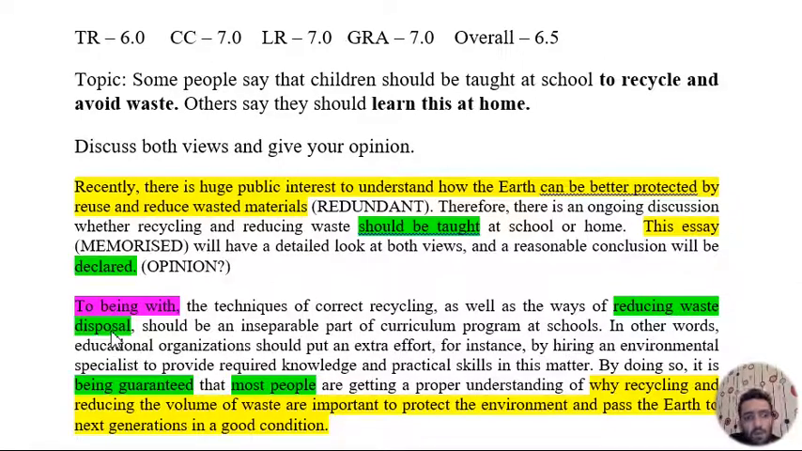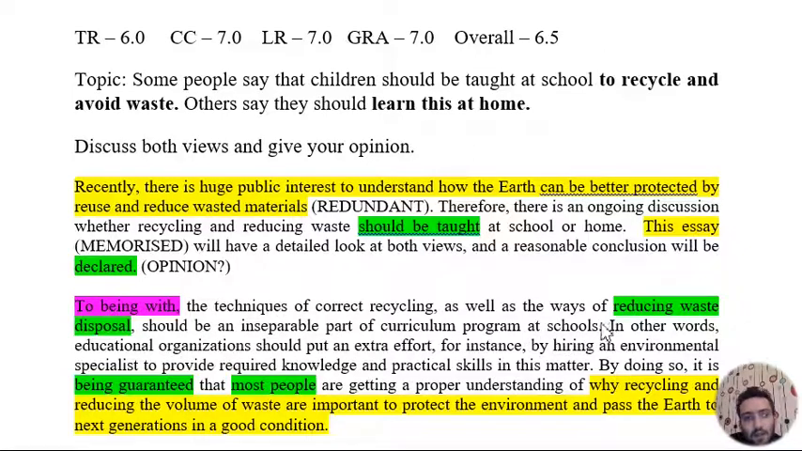"Reducing waste disposal." This phrase is wrong because waste disposal and reducing waste disposal as a collocation is wrong. We can say waste disposal, so disposing of waste, trying to get rid of waste, or reducing waste. Okay, one of these ways should be used. Then the writer turns to, "in other words, educational organizations should put an extra effort, for instance, by hiring an environmental specialist." Okay,